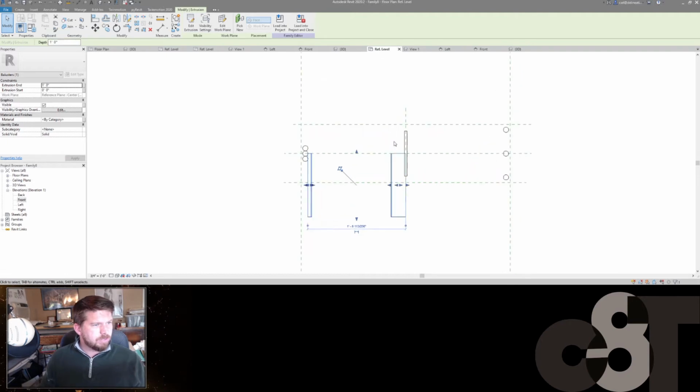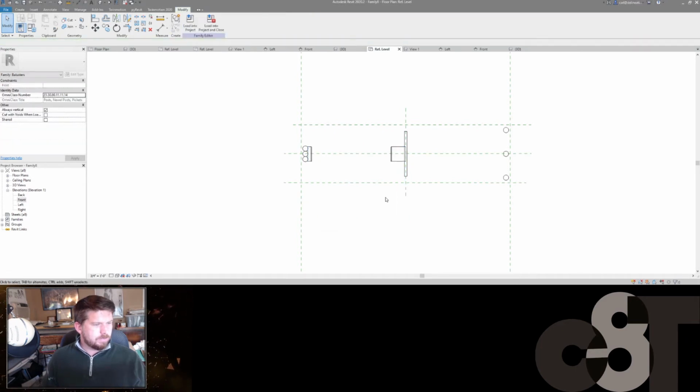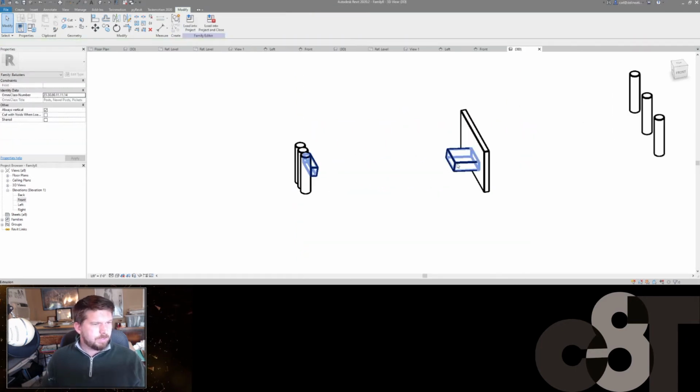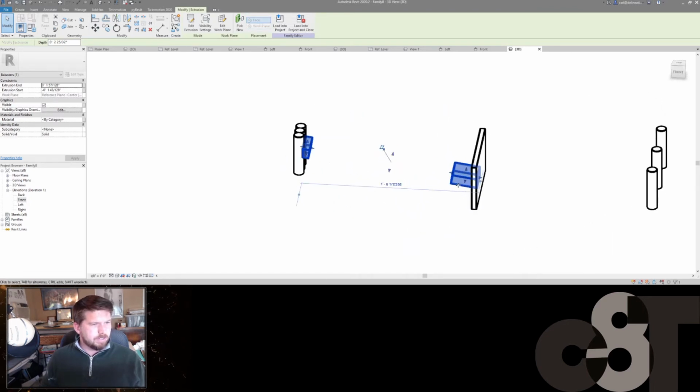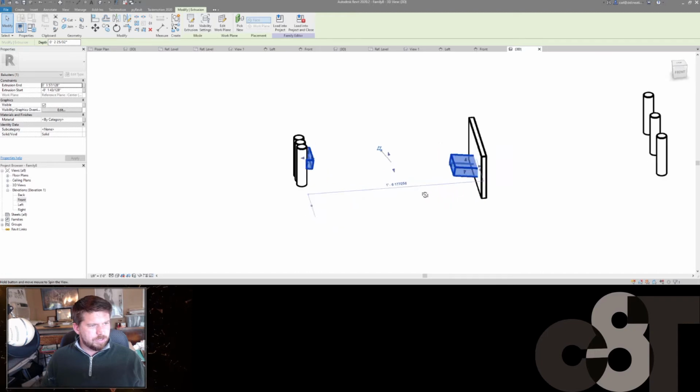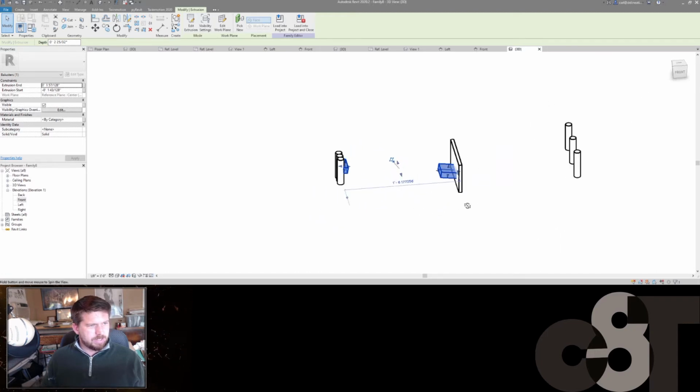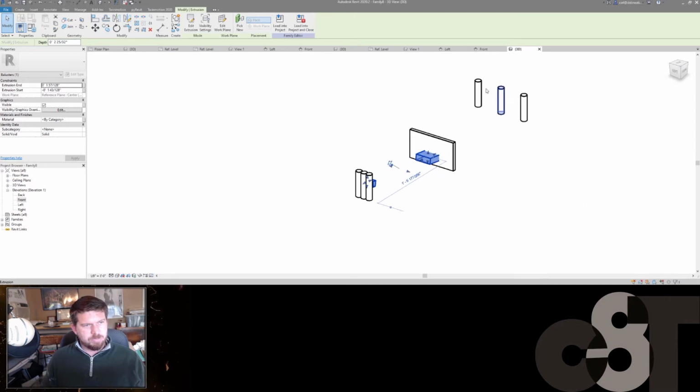Let's go back to our top-down view, and we're just going to make this the default, right? That width right there. Okay. All right, now I'm going to split these out into separate extrusions here, and you'll see why in a second, because if I were to do this same thing over here, it wouldn't be matching up with our